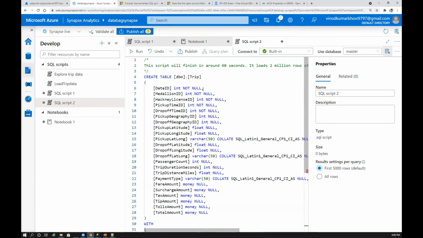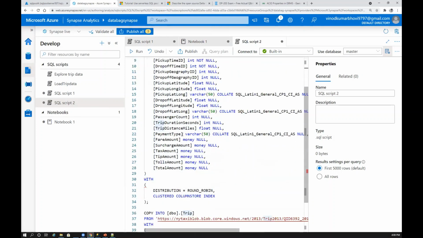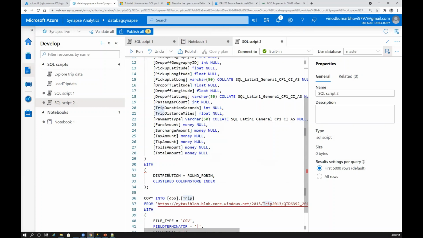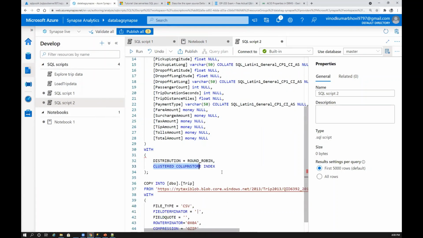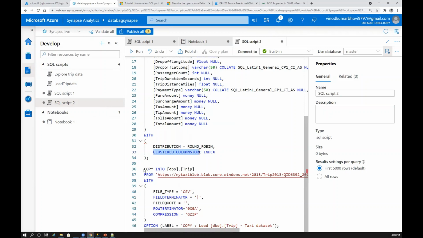What this does is it will try to create a table with all the columns. That's it. Very straightforward, nothing fancy. The distribution type is round robin. We'll see why we have selected this distribution and what its importance is. And then the index is a clustered columnstore index. What is a clustered columnstore index? What are the types we have and why do we choose this one? We will see that as well. And that's it. So forget about this part for now. Just focus till here, till the semicolon.